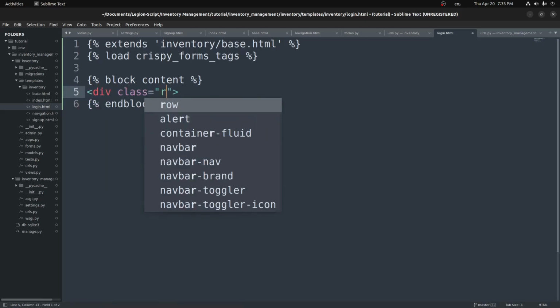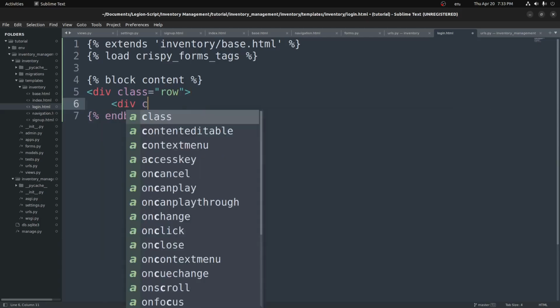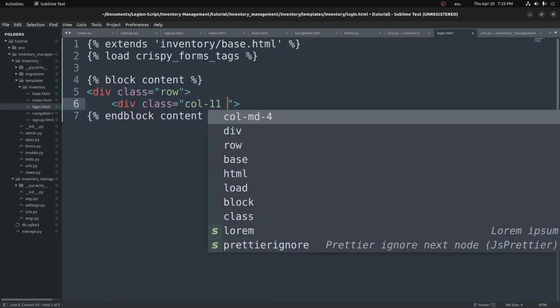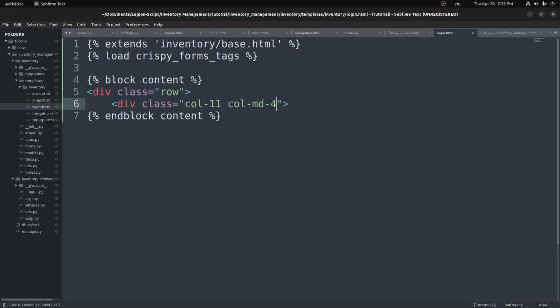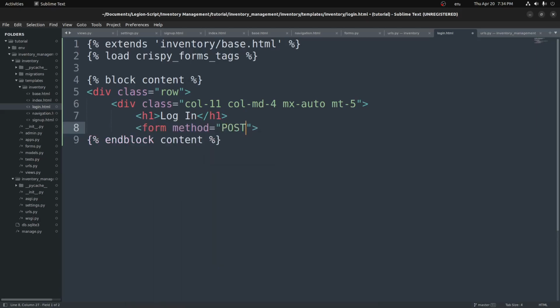div a class of row, div a class of col-11, col-md-4, mx-auto, mt-5, and then we'll go and do an h1. We'll do a Log In. We'll do a form, a method of post,